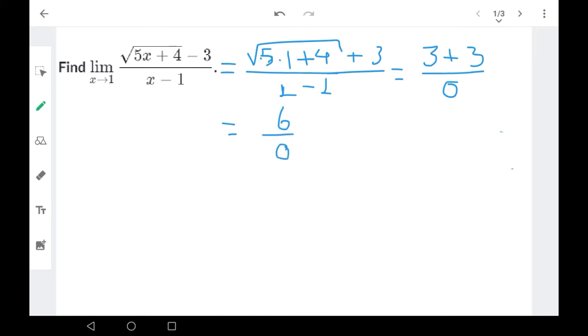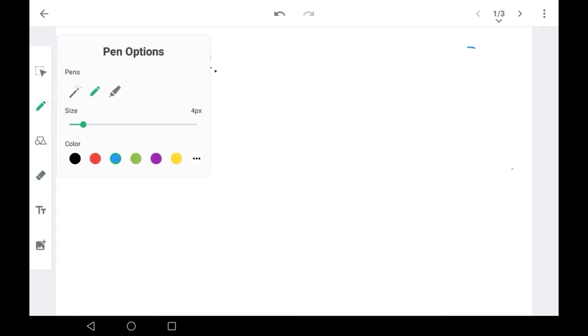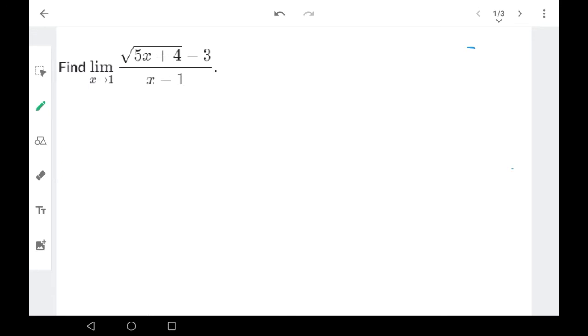We cannot divide a number by 0. That means that this expression is undefined. Okay, so this expression is undefined. That means that we have to try another process to find out the limit, because the limit exists. Okay, so what would be the limit here? If I cannot do the substitution, I have to try the process of rationalization. So here would be multiply this same expression times